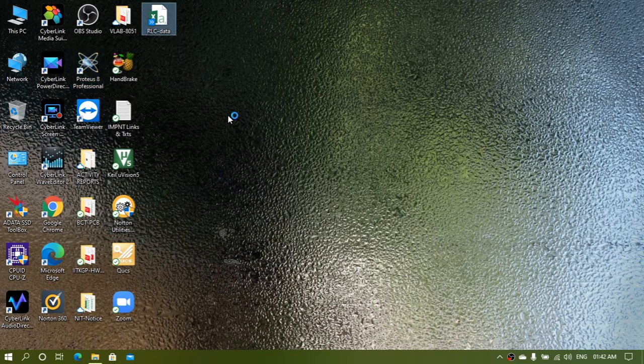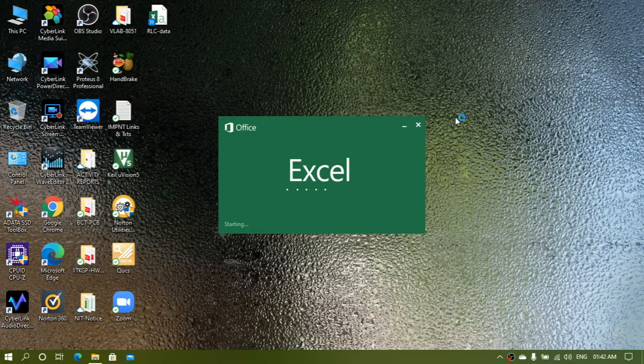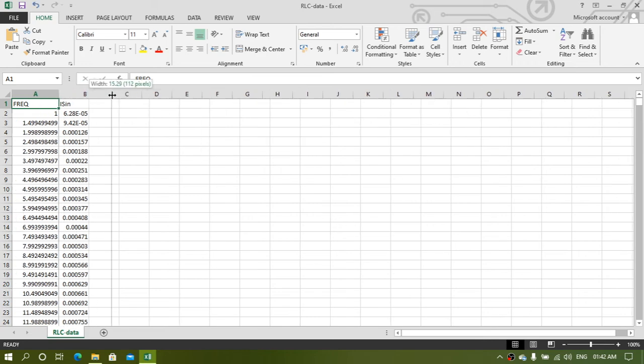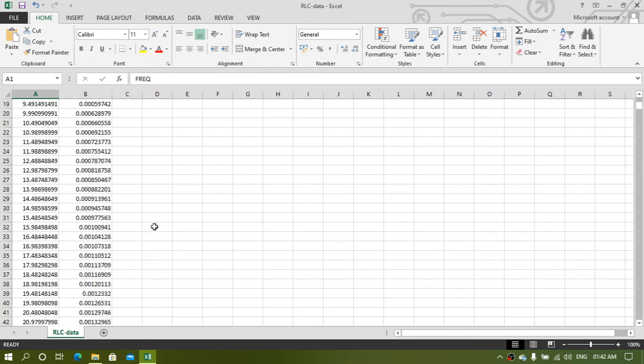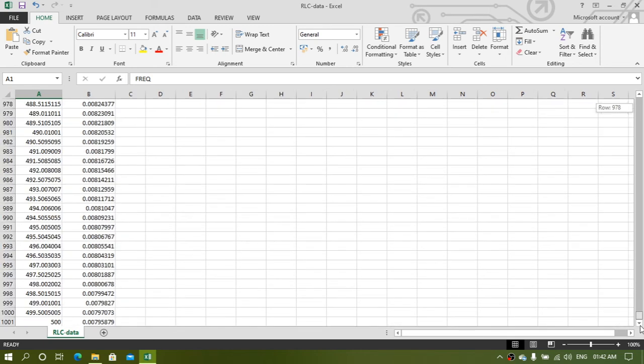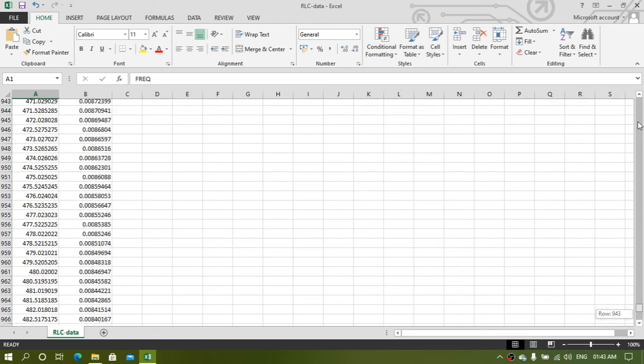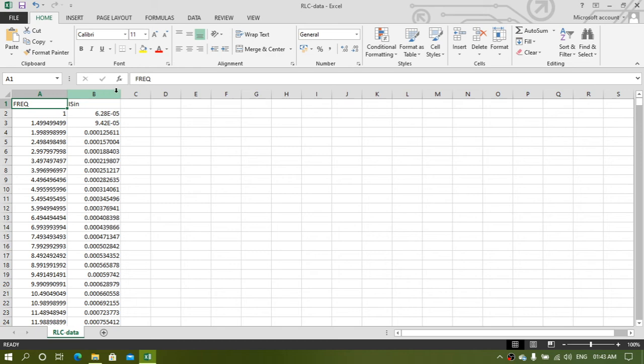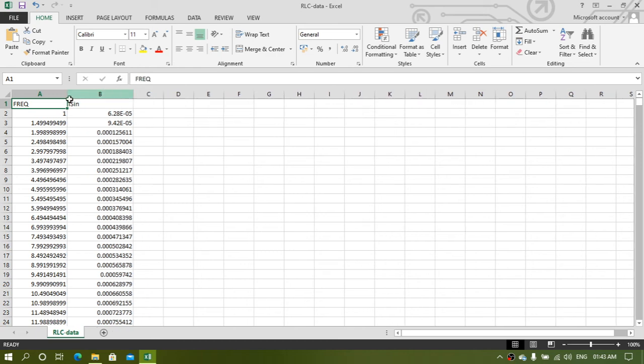So when you double click it, automatically it will open in Excel, and you will find all the 1000 data points in your Excel sheet. Okay, it will actually be 1000 because the first row has been named as the axis names, frequency and I sign, as per the Proteus graph.